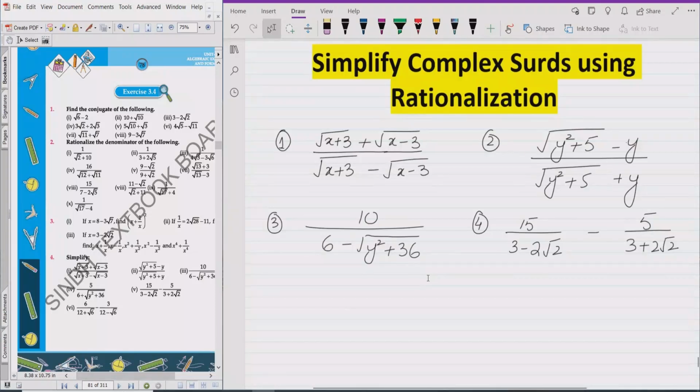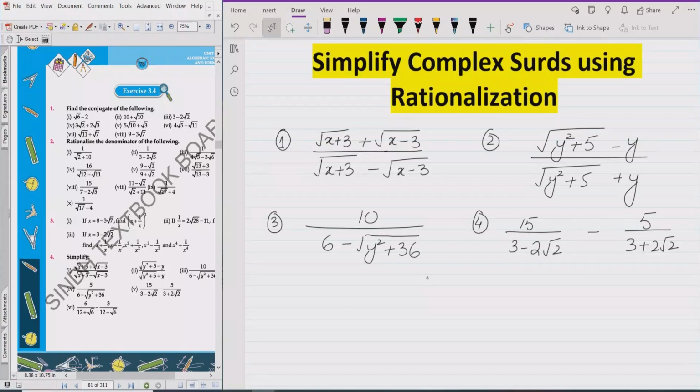Today we will learn about simplifying complex surds using the rationalization method. As you can see on the screen, we have four questions taken from the class 9 syntax book, exercise 3. How can we solve these questions? These are complex surd equations or surd expressions, and we utilize the rationalization method for solving